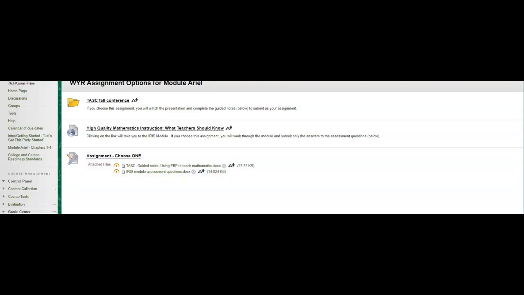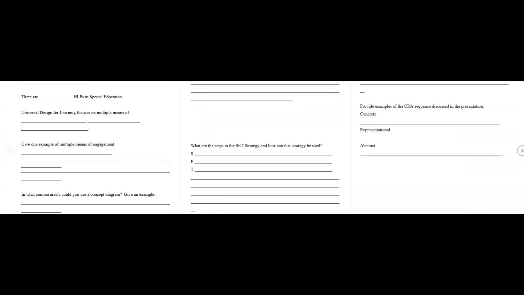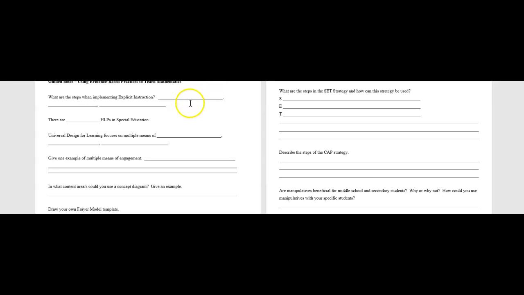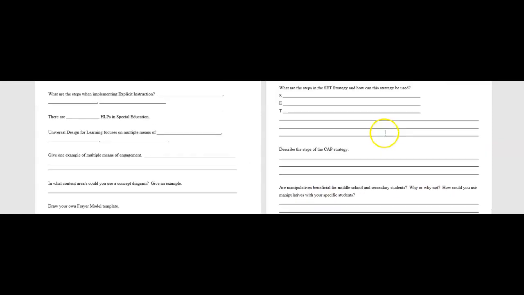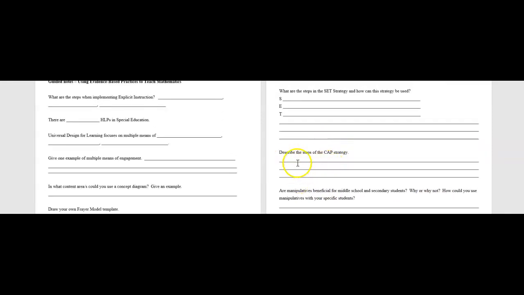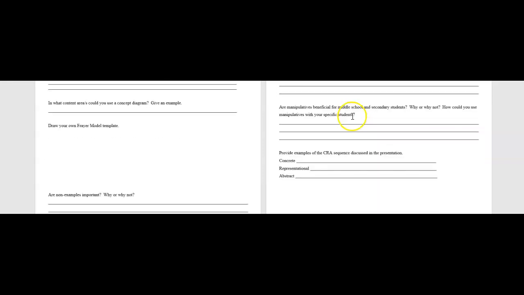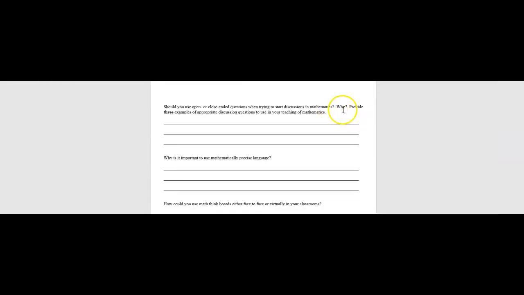Remember, sometimes you might need to click enable editing. Okay, so here's the guided notes. As you're watching the presentation, you'll just fill out these guided notes. Why or why not, provide examples, why or why not, describe the steps. So you might need more lines than this, right? And that's okay. The next page, provide 3 examples of appropriate discussion questions to use in your teaching of mathematics,